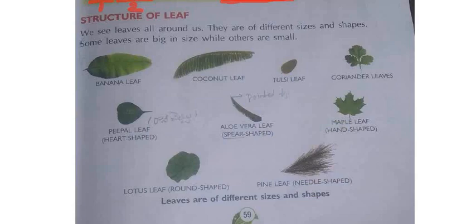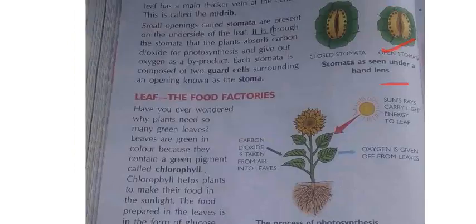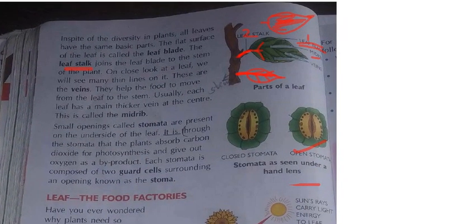After the structure of the leaf was completed, next what did we discuss, children? Yes, I told you all the parts of the leaf, right? I am zooming it, see it? What did I tell you about the parts of the leaf? Mainly there are 4 parts of the leaf. Here I am drawing, you can see on the screen. This is the leaf.